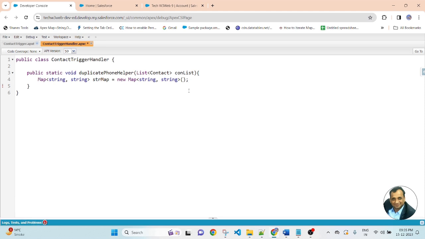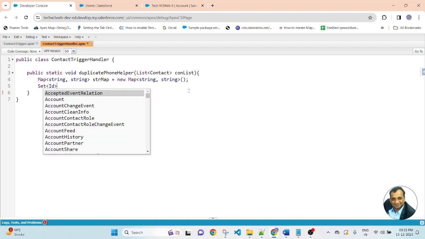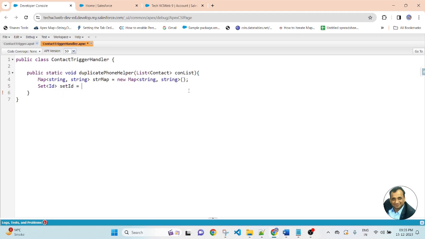So here I created a map of string type. Then I will create a Set of Id equal to new Set of Id. So here I created two instances: first a string type map and second a set of Id.